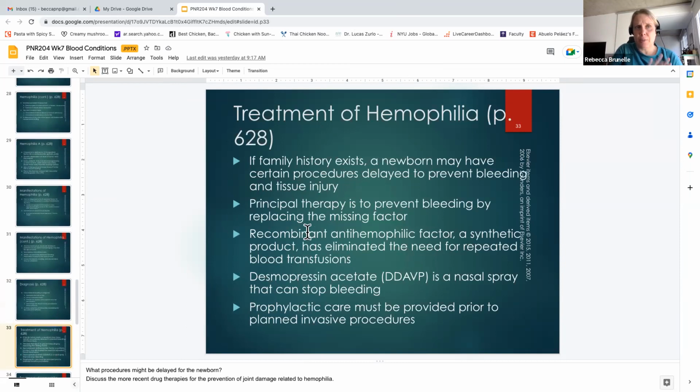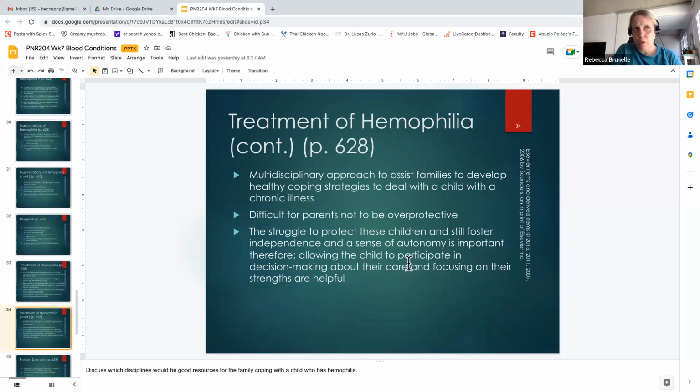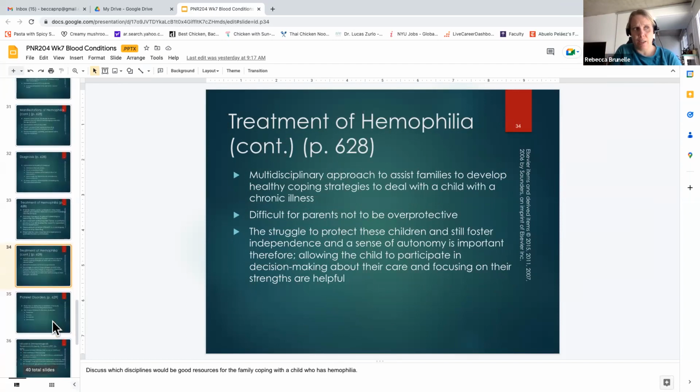Like I said, there are multiple clotting factors. So DDAVP triggers the production of some clotting factors. There are some patients that can be treated just with DDAVP, which is a nasal spray. Most of the time, patients are treated with IV injections of the clotting factor that they're missing. Almost always they're going to have a primary hematologist and then a whole multidisciplinary team. One of the main things is you want kids to be kids and you want them to play, but you need to be careful that you're advising parents on what's safe for their kid to do and giving them the best anticipatory guidance.